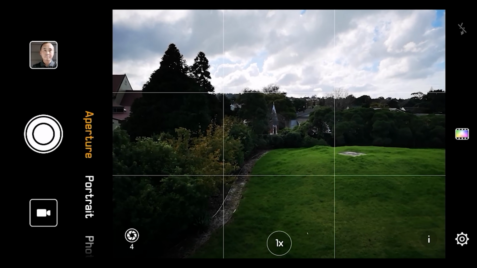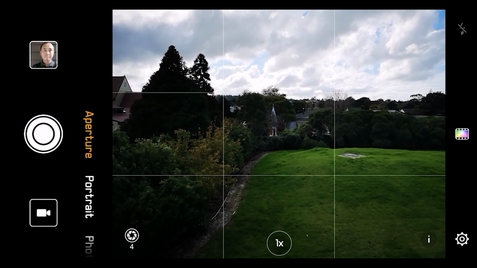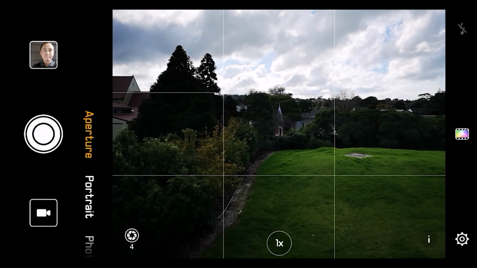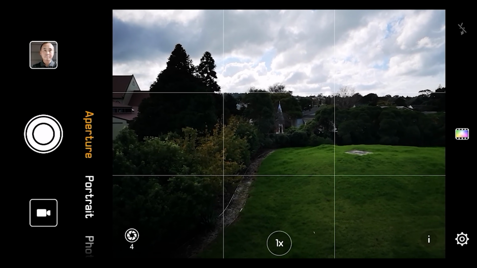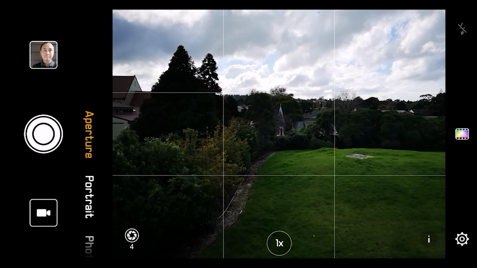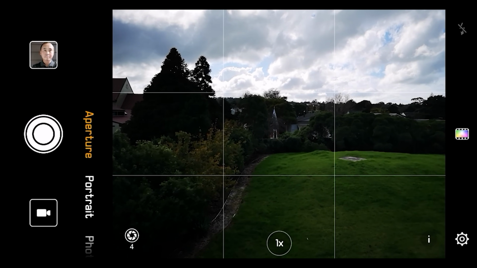The aperture mode is quite similar to the portrait mode in that it will try to blur the background behind your subject, or even blur the foreground in front of your subject. So it makes it look like a photo captured on a large sensor camera like a DSLR with a fast lens.